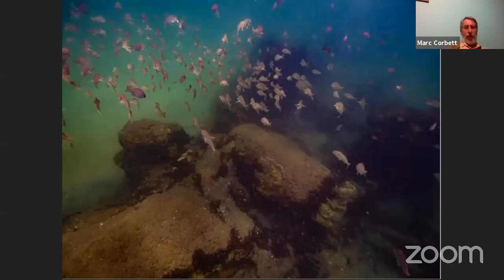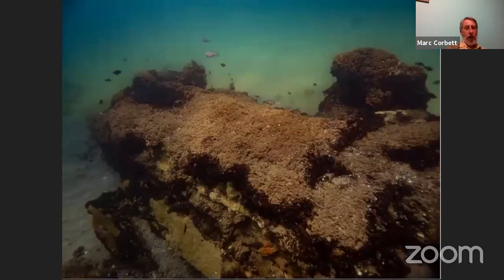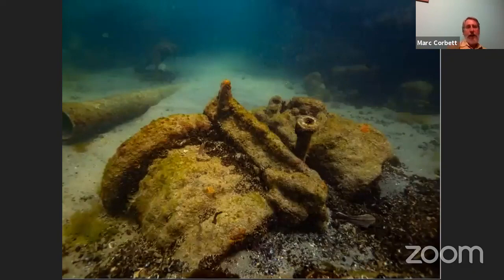Here's some footage over the remains of the surface condenser. Notice on this surface condenser that the heavy marine growth is on the iron parts of the tank, all through here, lots of mussels growing on it. But the growth is not very high on the copper pipes inside because, you know, copper discourages marine growth. And you can see that on this piece of copper near the condenser